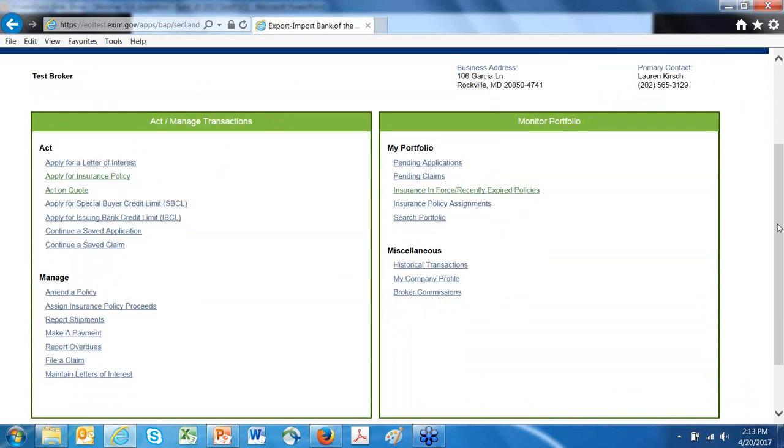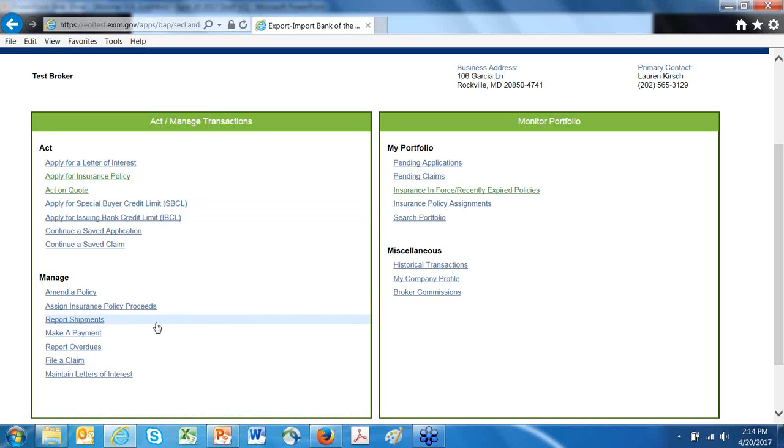Let's go back then to the landing page. Let's go through a few more of these. I think we've already gone on longer because of our delay than we had originally intended to. You saw in that screen that we just looked at that you can apply for an SPCL. There's also a separate link up here where you can do that, as well as for an IBCL, in the case of a bank.